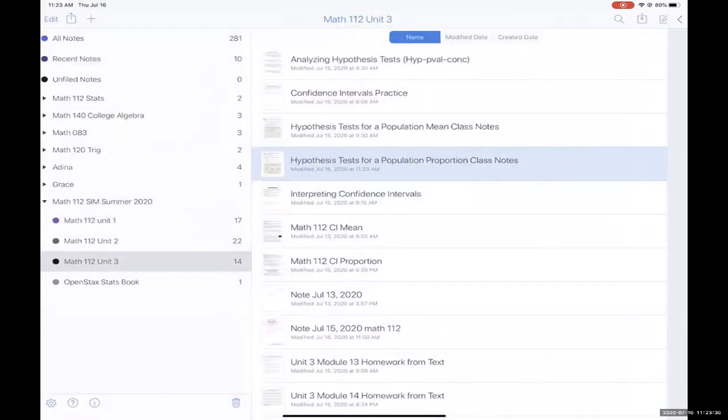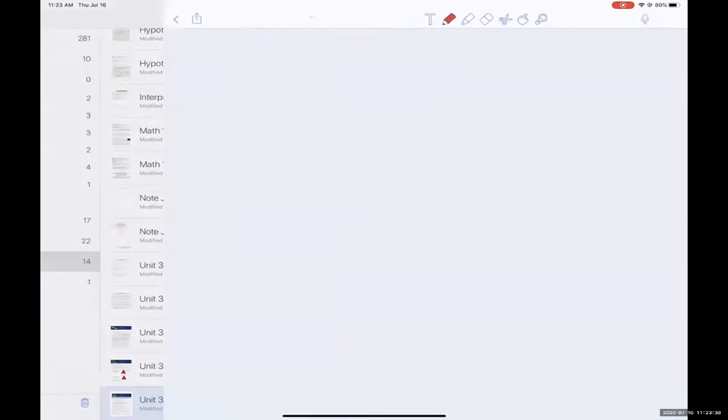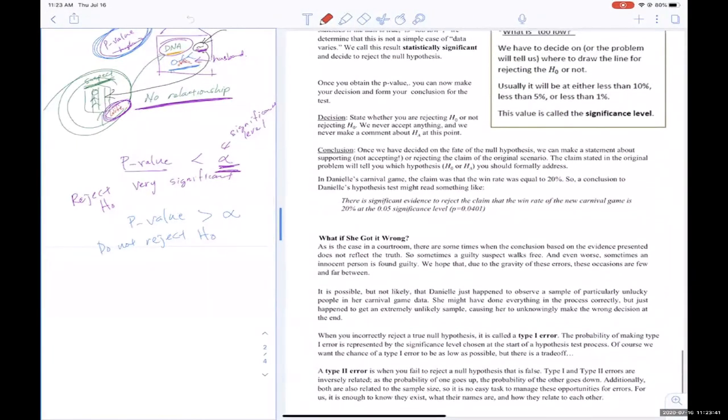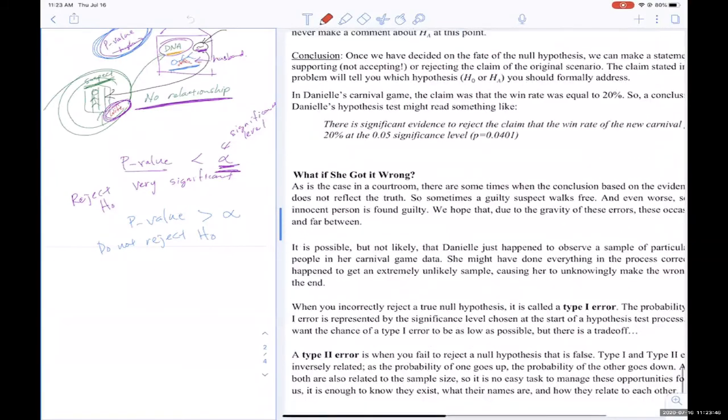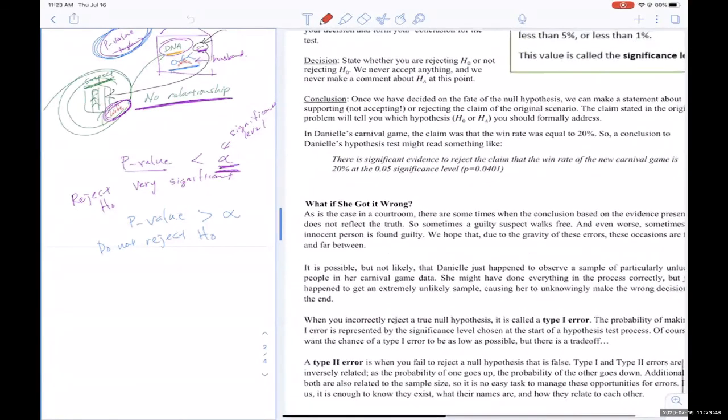One other thing before I let you guys go, I want you to read this right here. There are 2 types of error we can make. There is a 10% chance of incorrectly rejecting a true null hypothesis, called a type 1 error. Alpha is the level of error, the percentage chance of making a type 1 error. It's a 10% chance that we're making a type 1 error, which means, for example, we could